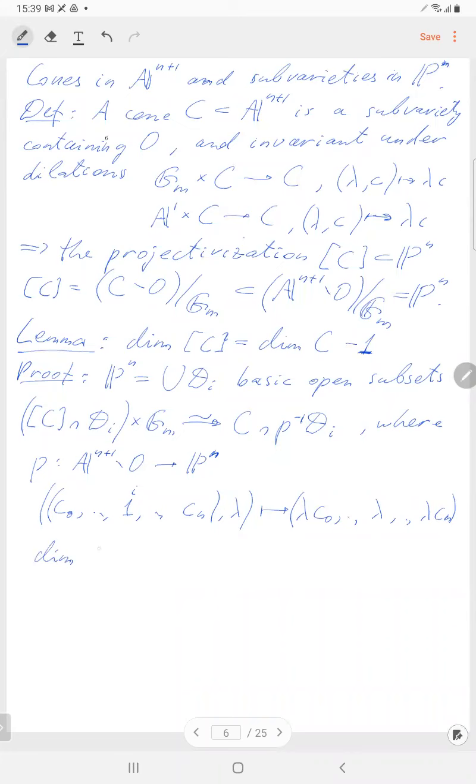the dimension of whatever X times Gm is the dimension of X plus the dimension of the multiplicative group, which is 1, and the dimension of X is the dimension of an open subset. Okay. So there we are. This proves the claim of the lemma,